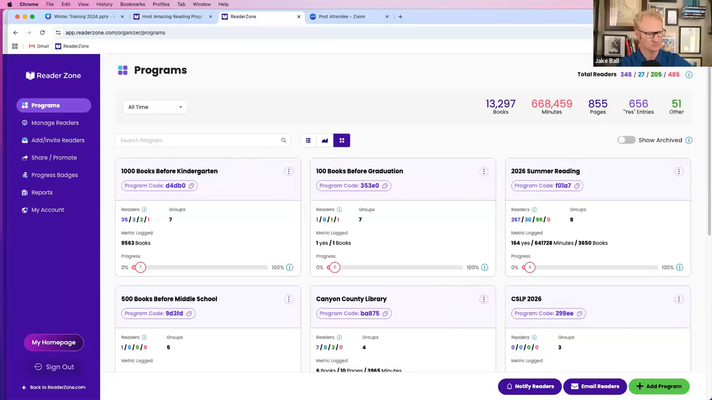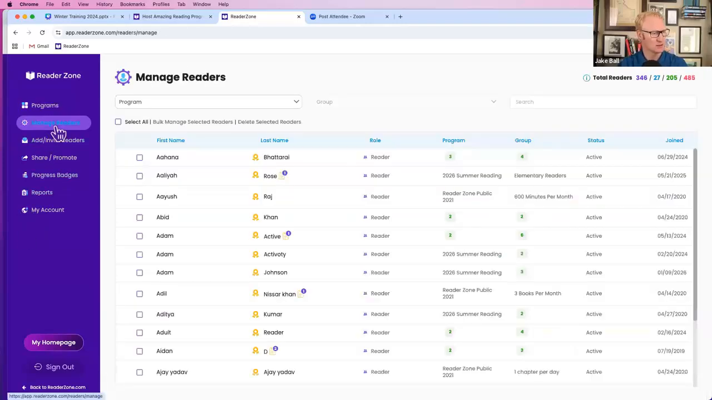So use the notifications, use the emails, and communicate with your patrons. I'll show you here in the Manage Readers area. This is an important thing for you to be aware of. This is where our libraries spend their time once their patrons are all signed up and they're underway